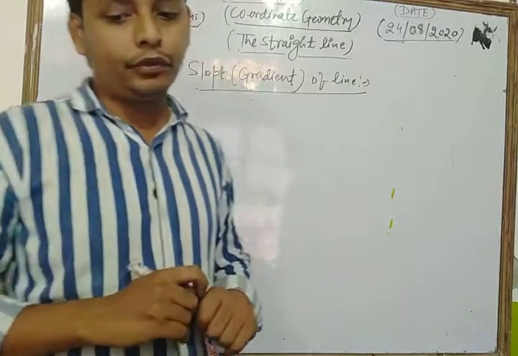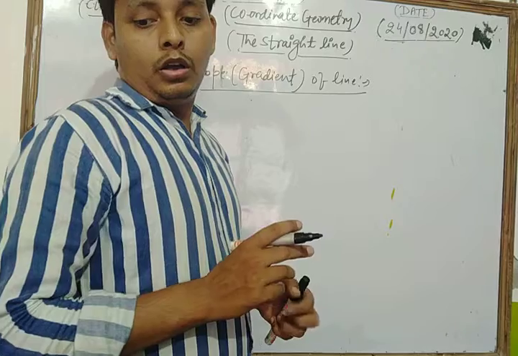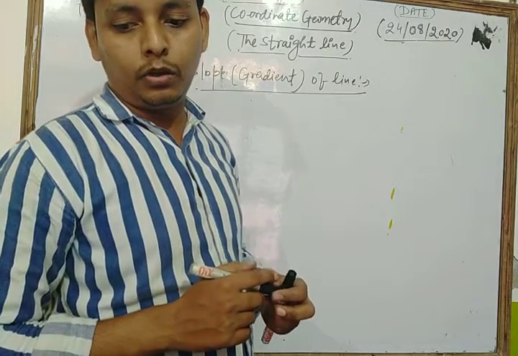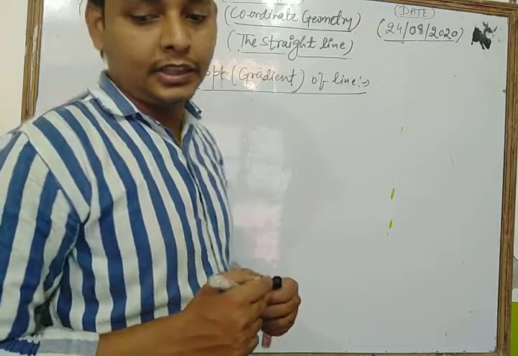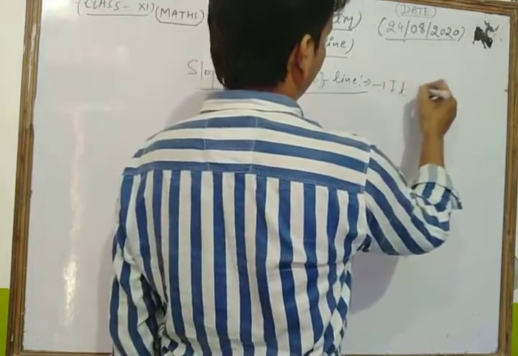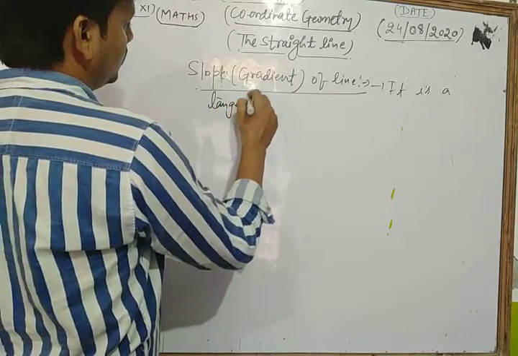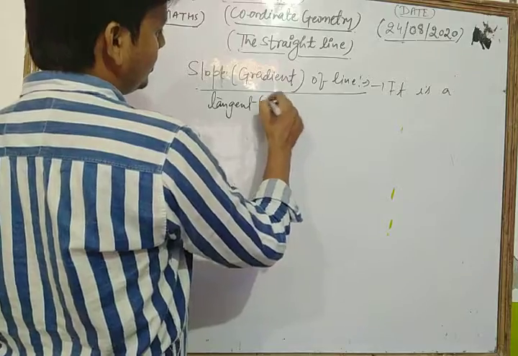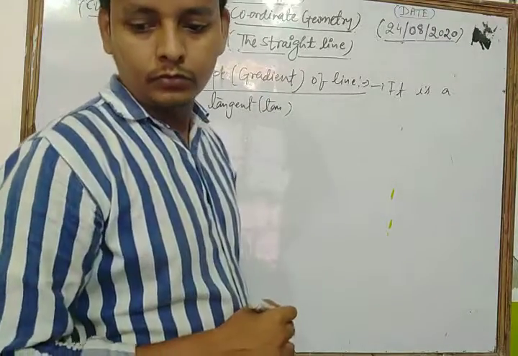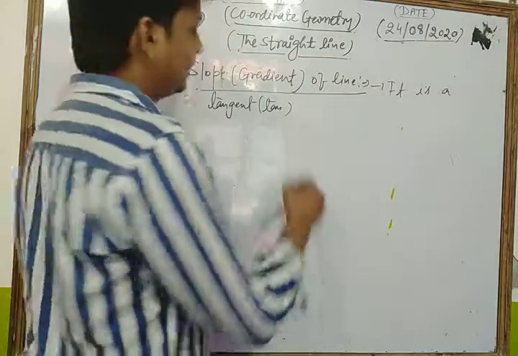Please listen carefully, dear students. Slope is also known as tangent. Slope is the tangent of the angle. Tangent means tan. It is the tangent of the angle